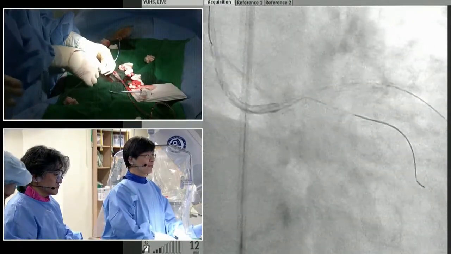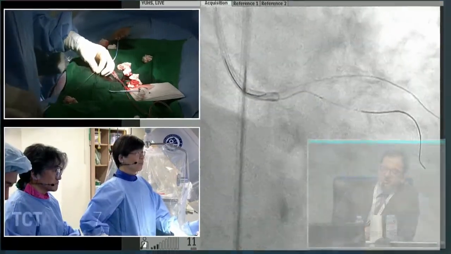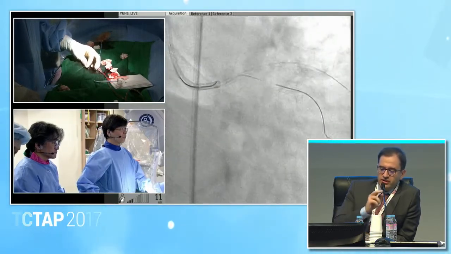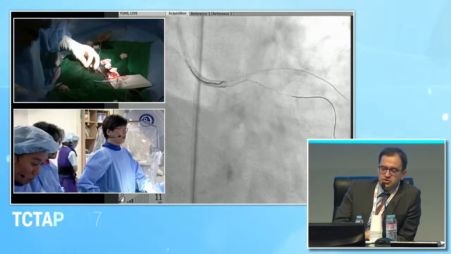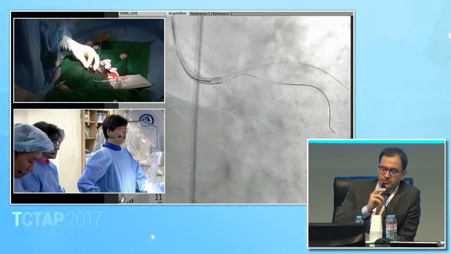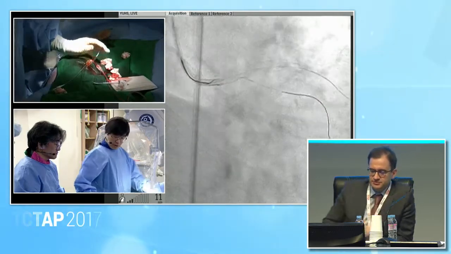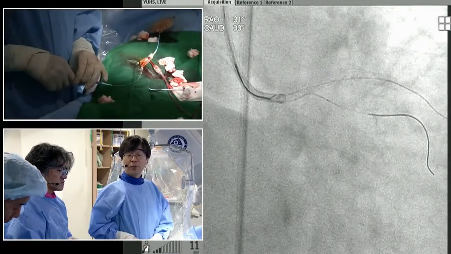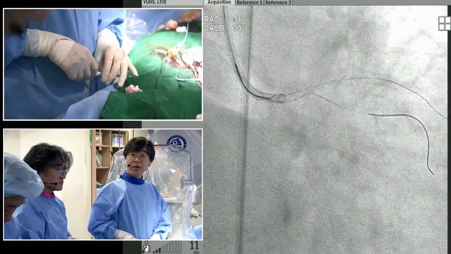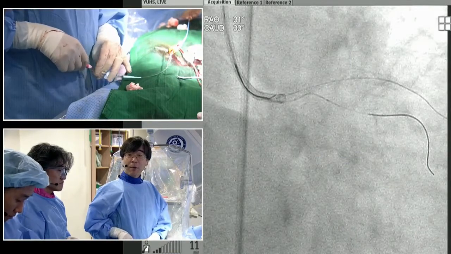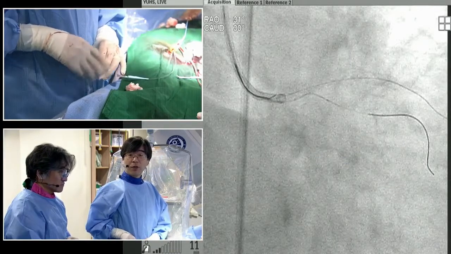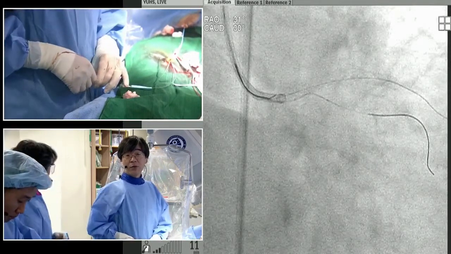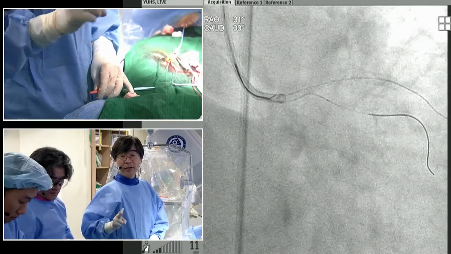So in the LEADERS FREE trial, they used dual antiplatelet therapy for 1 month, but the rate of stent thrombosis was 2.2%, which is not low. Aren't you afraid to use such a short-term dual antiplatelet therapy for left main stenting? I have a different opinion about the LEADERS FREE trial. What I mean is, think about the patient age in that randomized clinical trial. The study population included in LEADERS FREE was really high risk patients. Therefore, a stent thrombosis rate of 2% is quite reasonable in that situation.